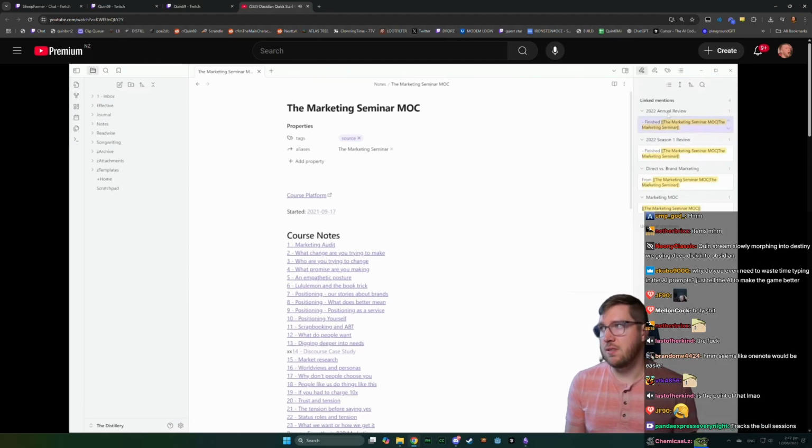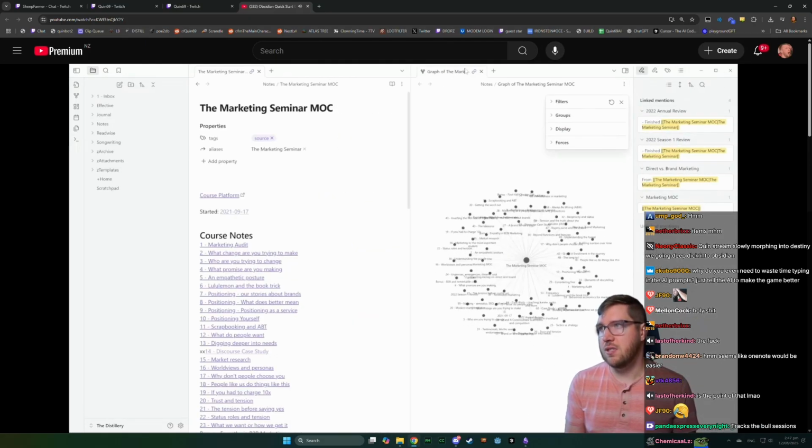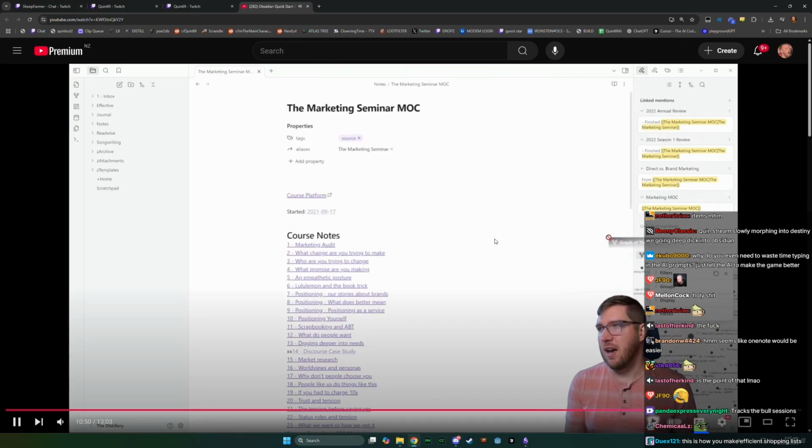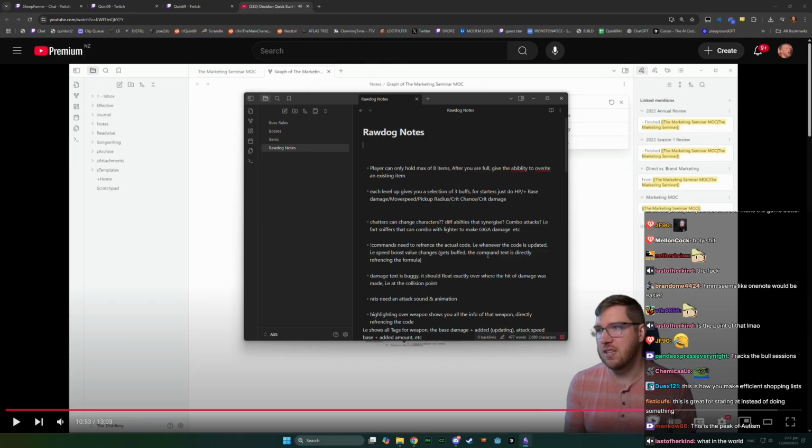In order to open the local graph view, I'm going to open up the side pane, and then I'm going to click on these three dots, and then I'm going to say Open Linked View, which is the local graph. This opens in a tab over here. What I like to do is to make this open all the time is just drag it over here into the side pane, and now I have access to it. I'm going to pull it back just for visibility purposes, but you can